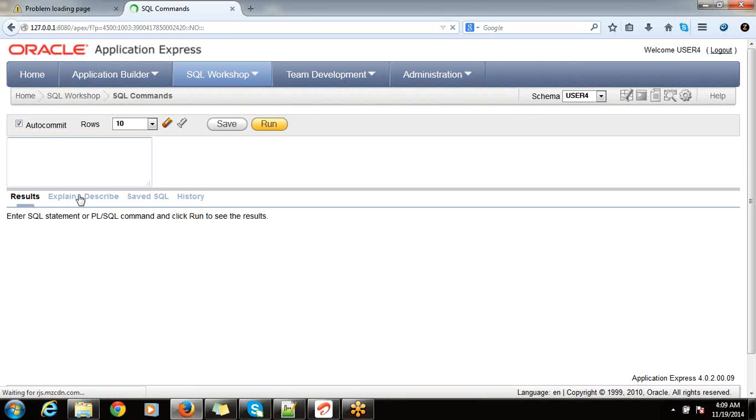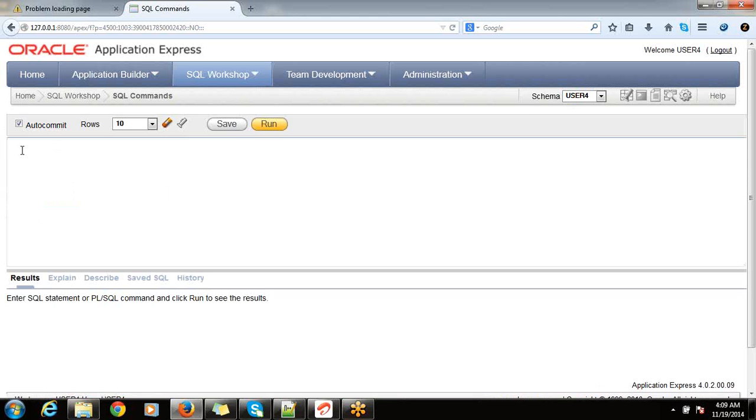Let me show you one select query and the data present in a table. To execute that query, first you type the query. Here I have just typed one query, that is select star from EMP.